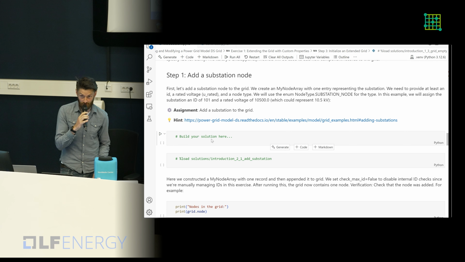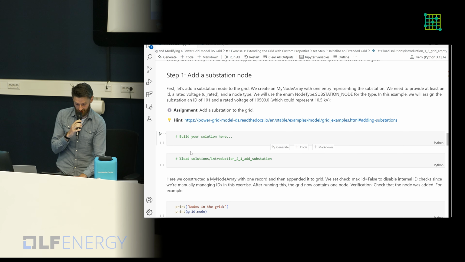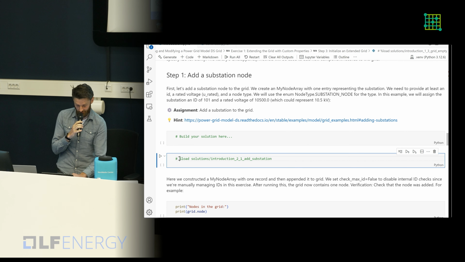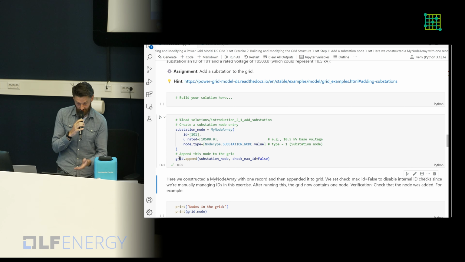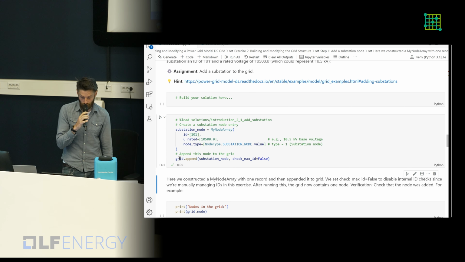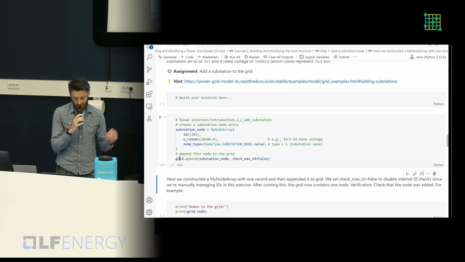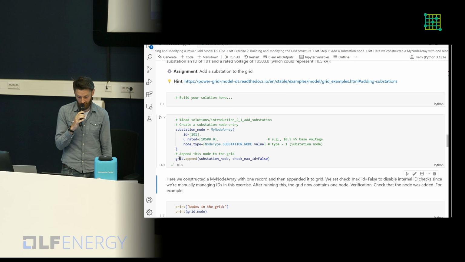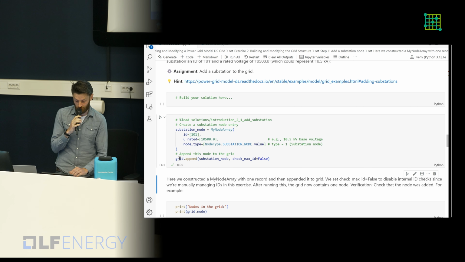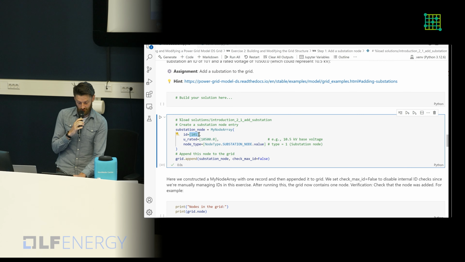So first we add a substation node, or needless to say, a node that represents a substation. And we do it like this. So we specify the data for each attribute. In this case, we want to add one node, so that should be specified as a sequence or a list in this case.